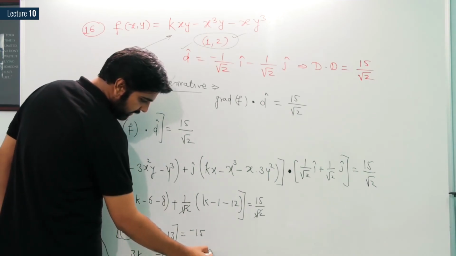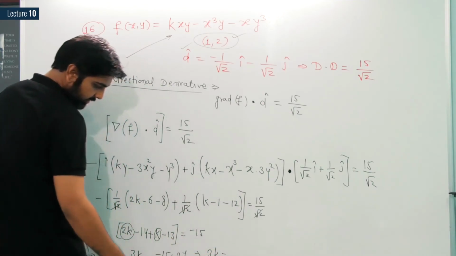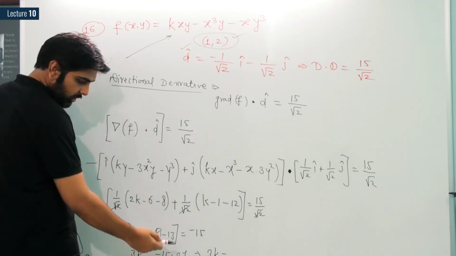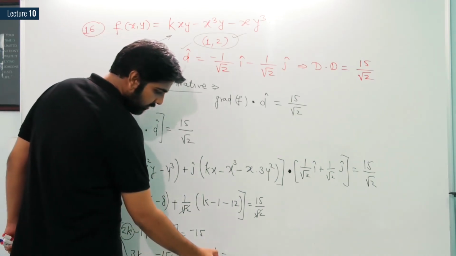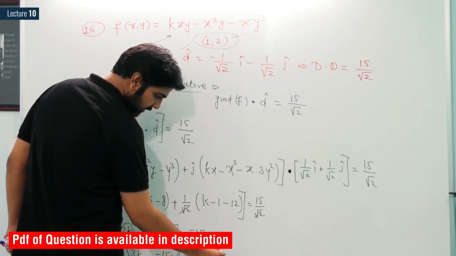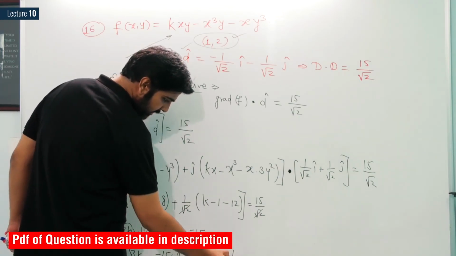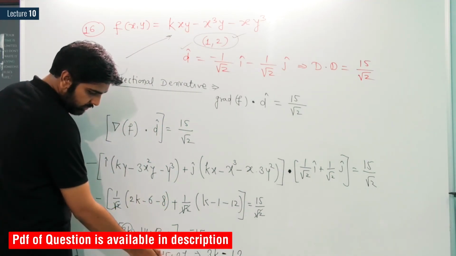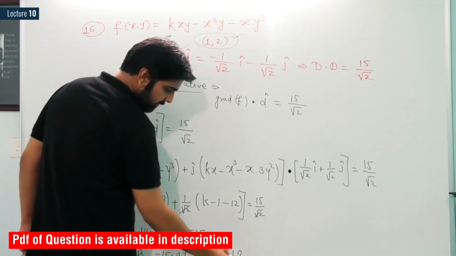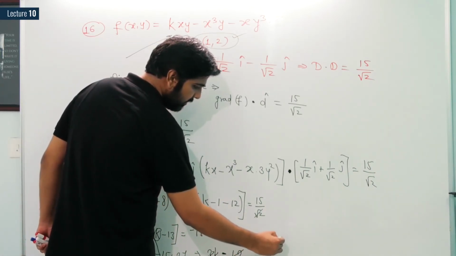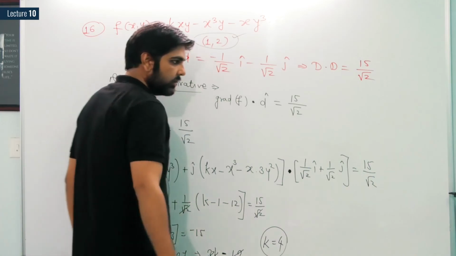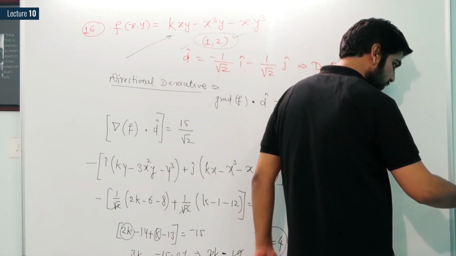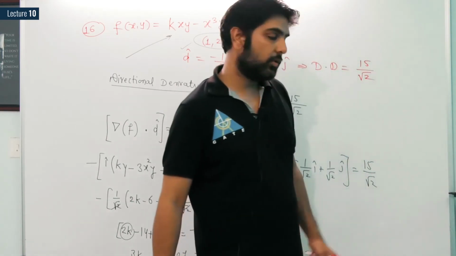So let us solve here. 3k is equal to 27 minus 15, or we can say 27 minus 15 is equal to what? 27 minus 15 is 12. So I am writing here 12. It is 12, right? 7, 2 and this is 1. So what is the value of k? K is nothing but 4. So dear students, the value of k is 4 for question number 16. Question number 16, the value of k is 4, which is the correct answer.